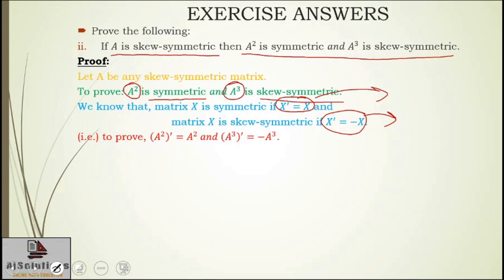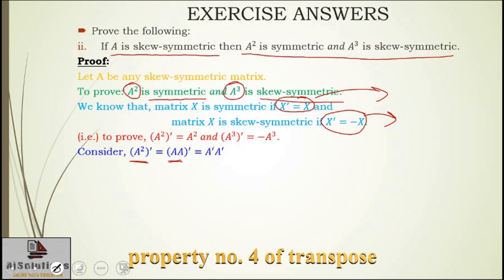So let's talk about number 1 and consider the LHS, since you have an LHS equals RHS type of question over here. So if you consider the LHS, your LHS is transpose of A square. What I am going to do is write first of all A square as A into A by using the power of matrix concept, and after that I am going to use the property of transpose, which we used in the earlier proof as well.